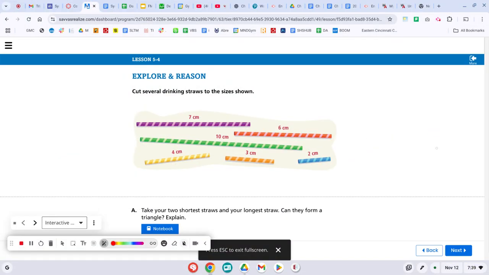So what if they told you that the sides were 6 and 7, and they asked you to find the